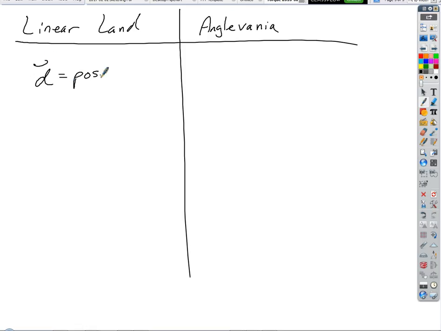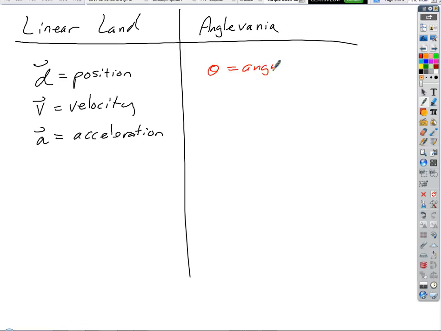position, right? Does that make sense? We've talked about this stuff. V is velocity, A is acceleration. Well, we have corresponding things in Anglemania. Corresponding to position is angular